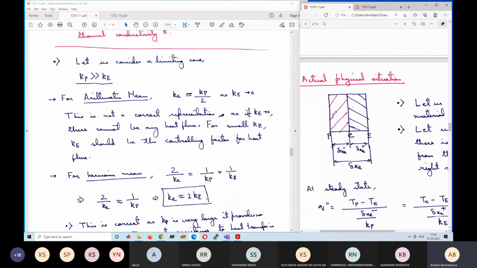Even if a lot of metal is present, if some layer of insulating material is present, will there be significant heat flux across this? Say I have a metallic plate and then I put some layer of plastic over it, or polymer or wood. Then I apply a temperature difference. Will there be significant heat flux, heat transfer?